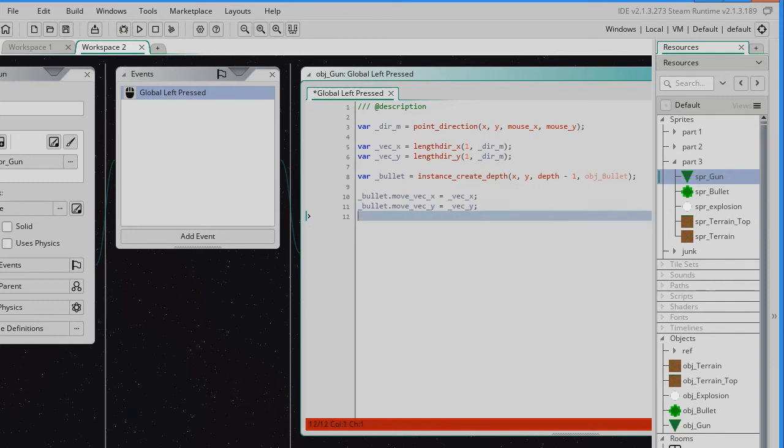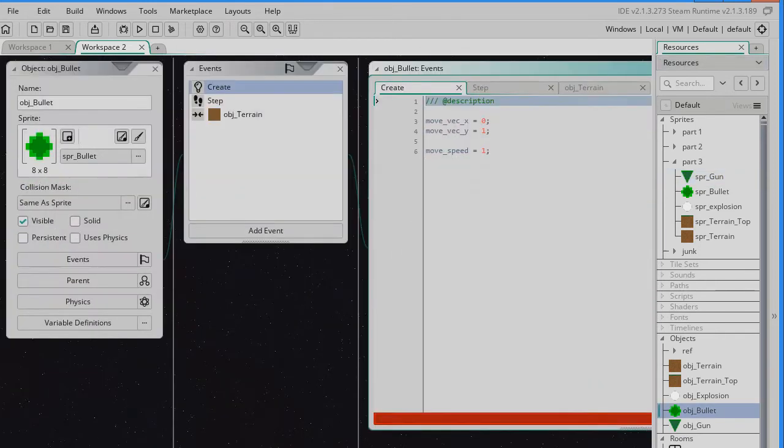So that will send the bullet on its merry way. Now I'm actually going to speed the bullet up as well before I check this by giving it a speed of 5. Now if I open room 1